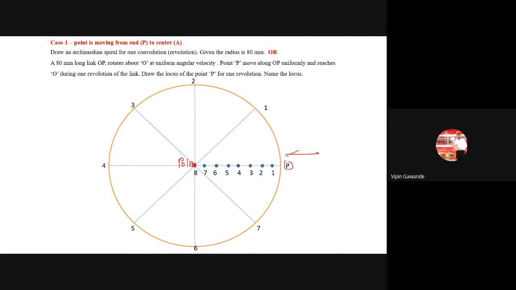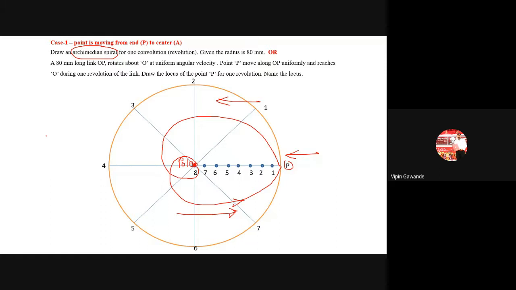It will go from end to the center or from center to the end. So there are two types of the curve. Okay, if the point P is going from end to the center, we'll get this type of curve. And if it is going from the center to the end, so we'll get this type of curve like this. See, this curve is from this direction, from center to the end, and the above curve is what? It is from end to the center. Okay, so these two types of the curves you have to remember. So we'll get there, and this is called as what? This is called as the Archimedean spiral.